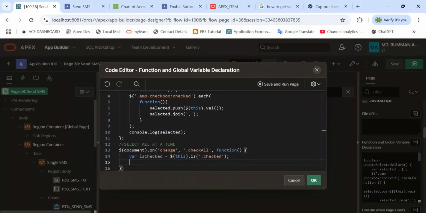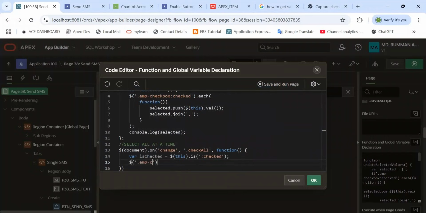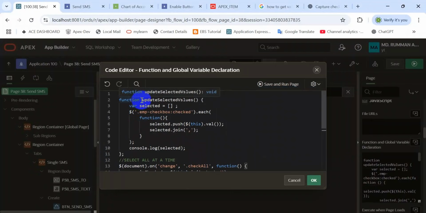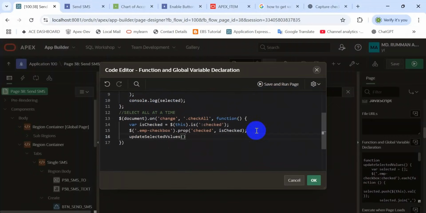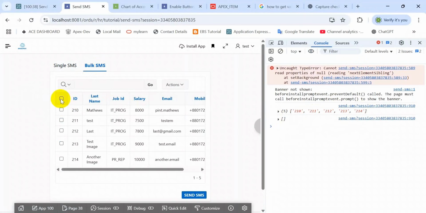This will return a boolean variable. Then set the emp_checkbox class property to checked as that variable, and then update the selected records. Let's check. Yeah, select all is working and captures all the selected values,